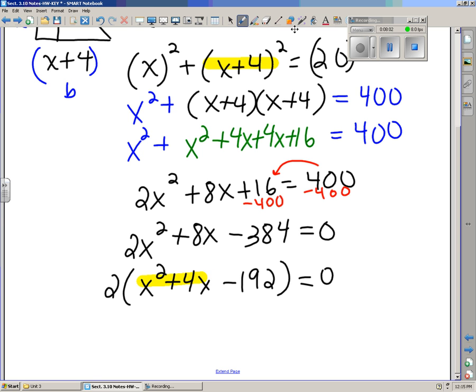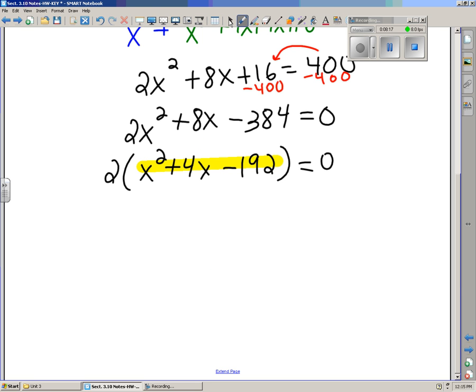These numbers are kind of big. We're not going to give you such big numbers on the quiz because you don't have a calculator, but I do know that 16 and negative 12 multiply to negative 192 and they add to 4. So this factored form would be 2, that GCF, (x + 16)(x - 12)